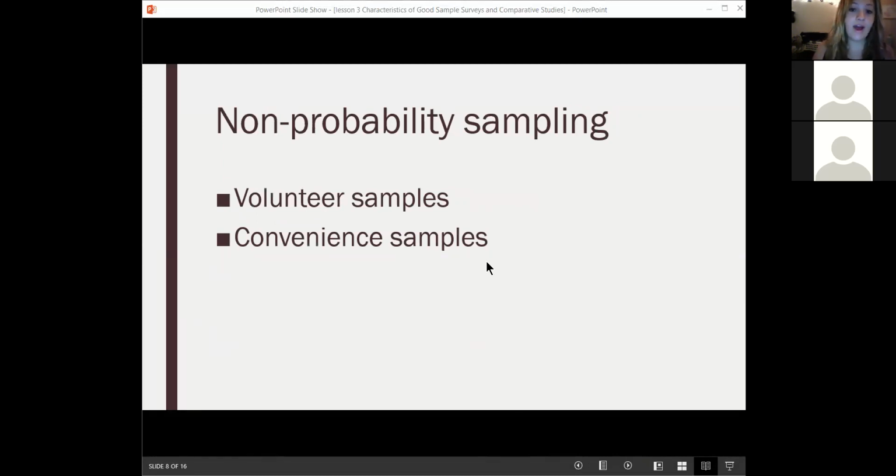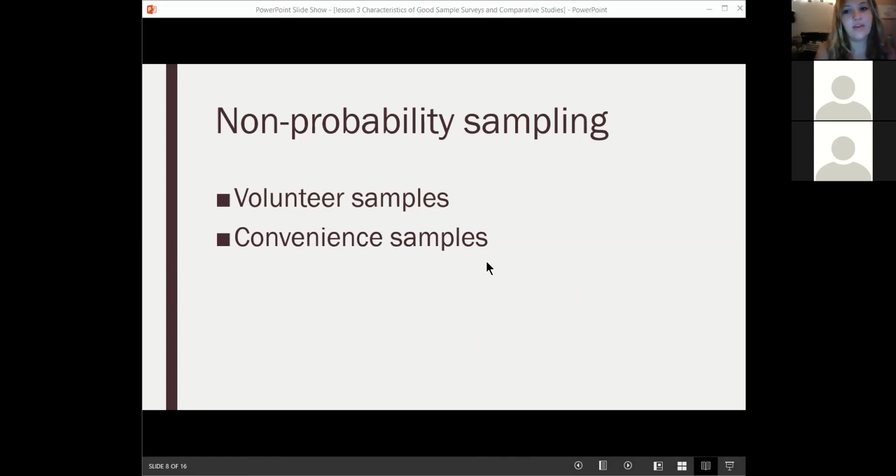Convenience samples, as we talked about, could be if you just ask who's in your immediate area, and that's not going to be representative of the entire population. There's a high chance of bias here. For volunteer samples, maybe only the people responding are the ones who are really passionate about that subject, so that's not going to be